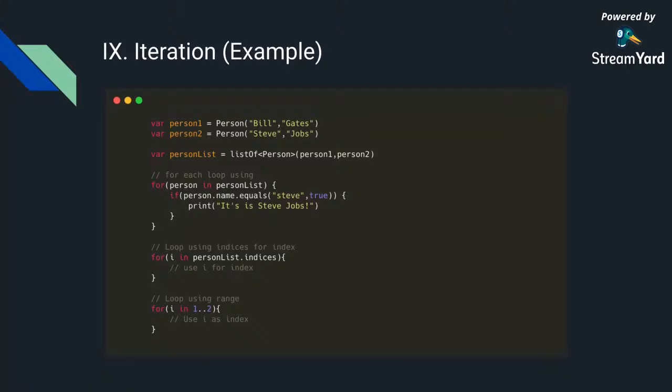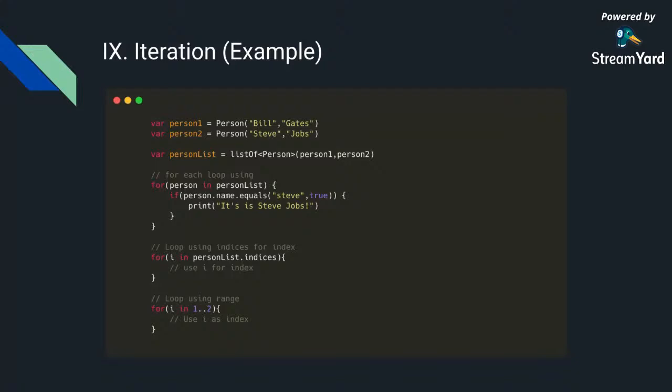Here it's basically checking if a person's name is equal to Steve. This equals is a function of string, and the true value beside Steve is basically asking it to ignore the case. In Java, you had equalsIgnoreCase. This is how we do it in Kotlin. And there are many such small methods. We are not going to cover that in detail because that's a conversation for another day. But iteration in general is going to be like this, where you have a list of objects, you use for each, and the way you read this is, for every person in person list, do something.